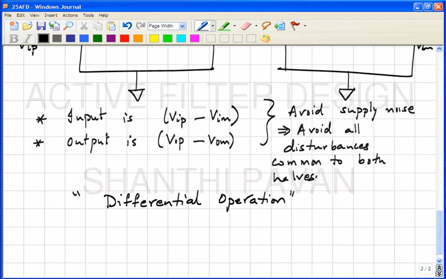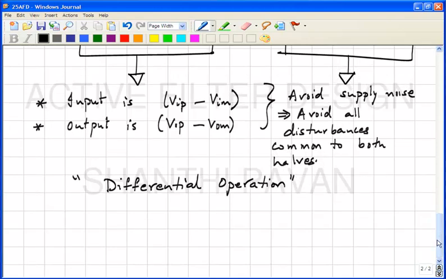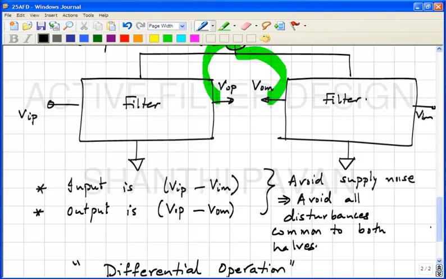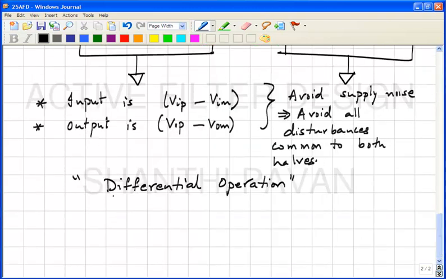So, let us spend a couple of minutes understanding have we gained anything or lost anything as far as dynamic range is concerned. What is the one thing that we are seeing, that due to differential operation, what has happened to the power? Power has gone up by a factor of 2x. What about area? It has gone up also by a factor of 2x.